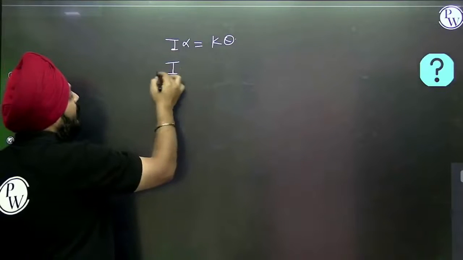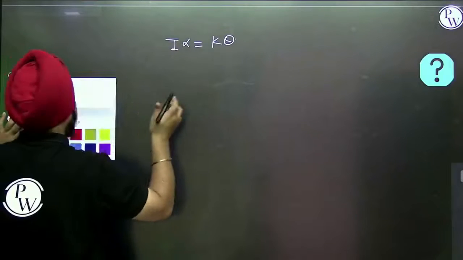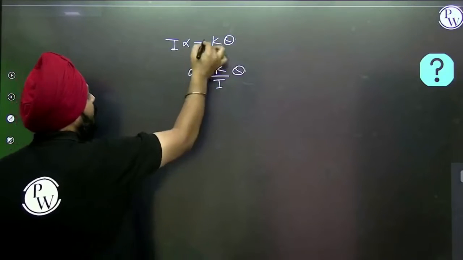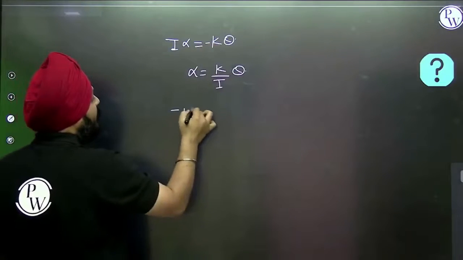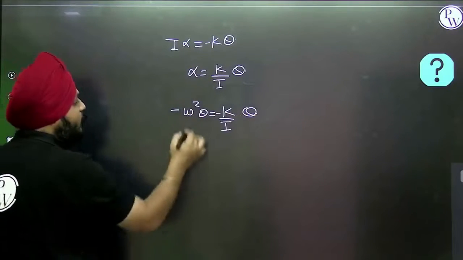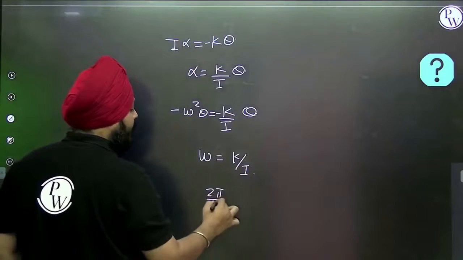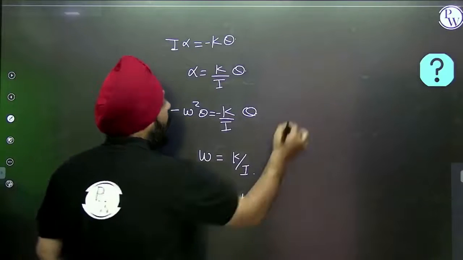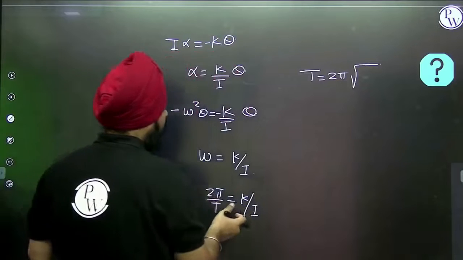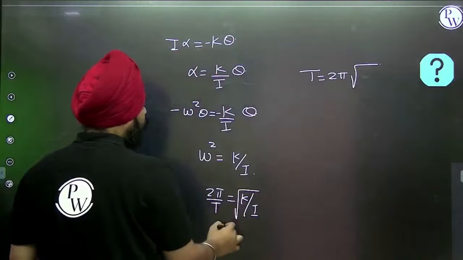So can I say alpha is equivalent to k by I of theta? If you keep a negative sign here, can I compare it to minus omega square theta, that is k by I into theta? So here we are getting omega square equal to k by I. So 2 pi by T equals root of k by I, and T is equal to 2 pi under root of I by k,